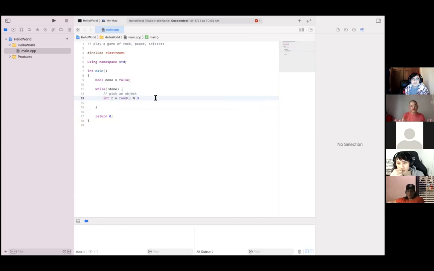This is %3, right? If you divide by 3, then you know for sure that your remainder R, R for remainder, not just rand, has got to be 0, 1, or 2. That's kind of cool. Yes, that's all. Okay, so now on the next line, you can say if